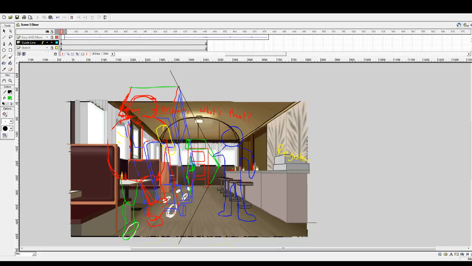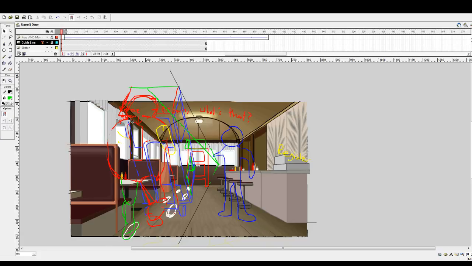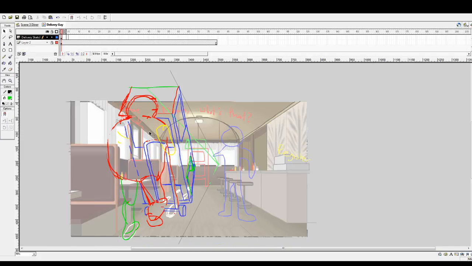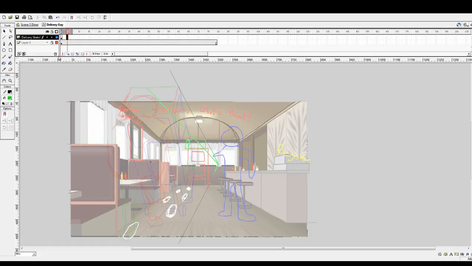So let's assume his head is gonna roughly follow that path. Alright, so let's mock out the